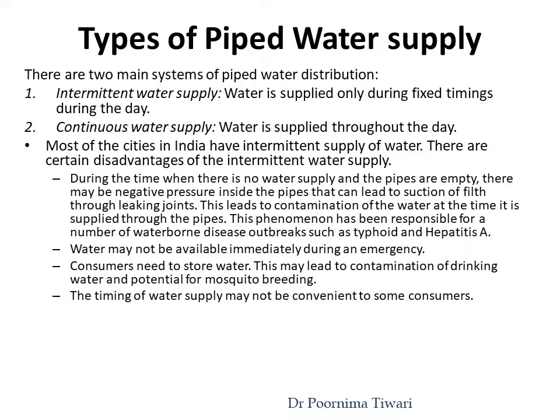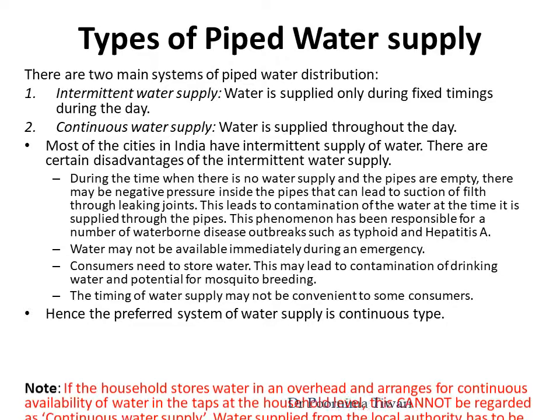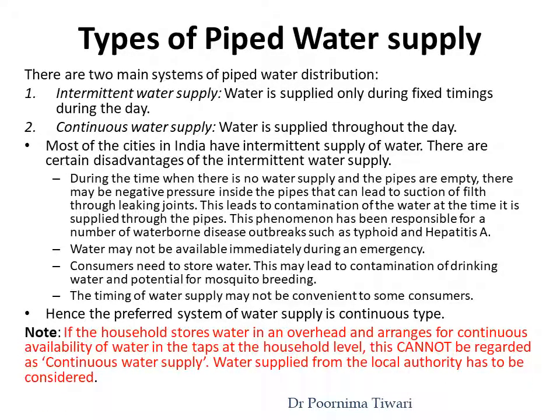Hence, if possible, the preferred system of water supply is continuous water supply. Note, this mistake is often made that if the household stores the water which is supplied in intermittent water supply in an overhead tank, and then the time when there is no water supply, this stored water comes into the taps. This is not continuous water supply. Continuous water supply is called when the water supplying agency is supplying the water for 24 hours in the taps. Then there is no need to store water. This is called as